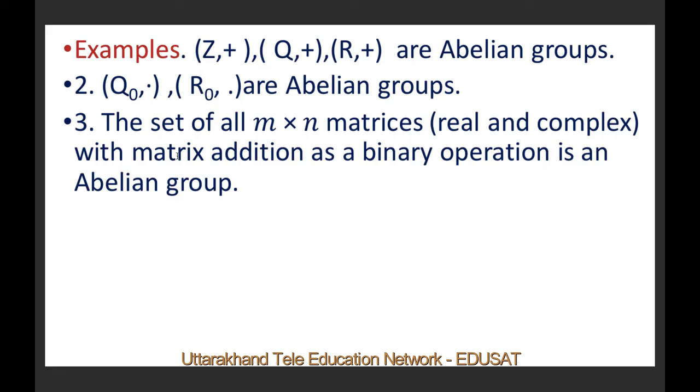Here I also want to make one thing clear. According to our definition of a binary operation, if star is a binary operation, then we must have a star b belonging to G for all a, b belonging to G. Therefore, in our definition of a group, there is no necessity of mentioning the closure axiom. A group is not simply a set, but an algebraic structure, meaning a set equipped with some binary operation, provided the composition satisfies certain axioms.